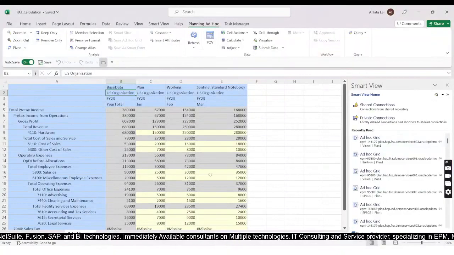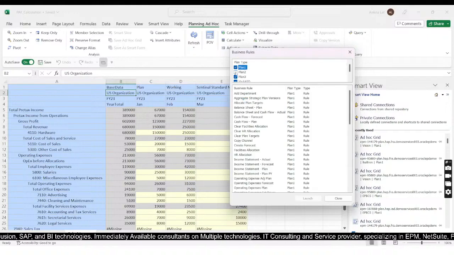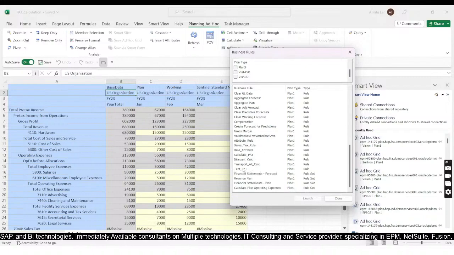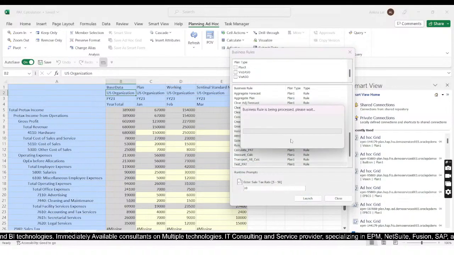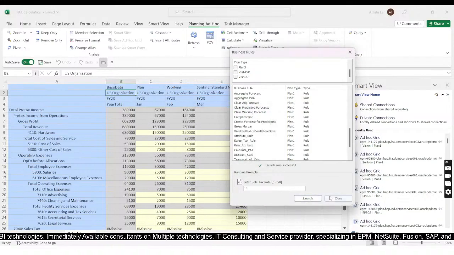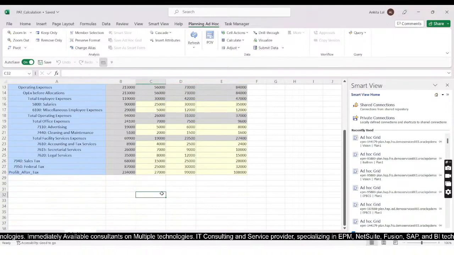Okay, so here I have already done the deployment part. Now I will launch the rule from the smart view sheet itself. So for that I will select it as test pat. Here I will mention the rate of sales tax as 10%. Okay, now the rule is launched. I will refresh the sheet, and here we get the desired result. Okay,